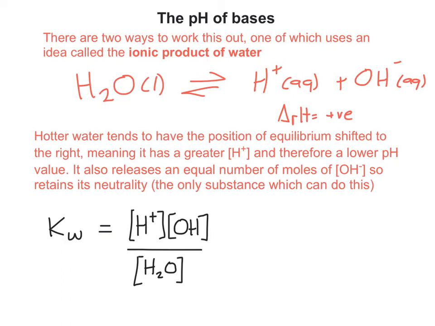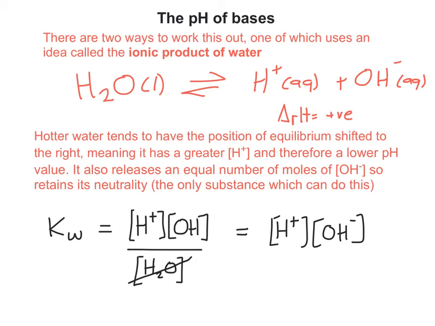However, to all intents and purposes, the value of the concentration of water is barely changed. In other words, water remains virtually constant in terms of its concentration. So in essence, you can actually ignore the water and write it as H plus concentration times OH concentration. The reason for this is the actual amount of water that dissociates is very, very small. So the concentration of H2O really doesn't change at the beginning and at the end of the forward reaction,